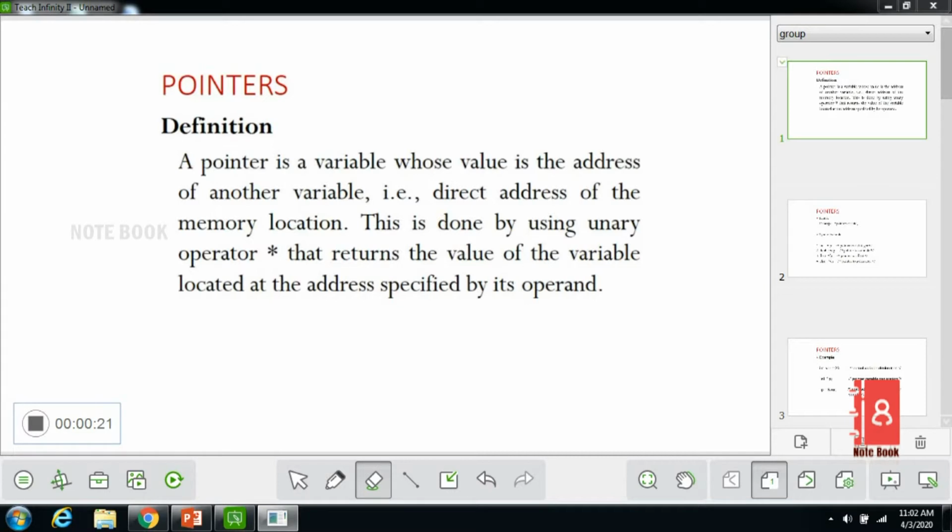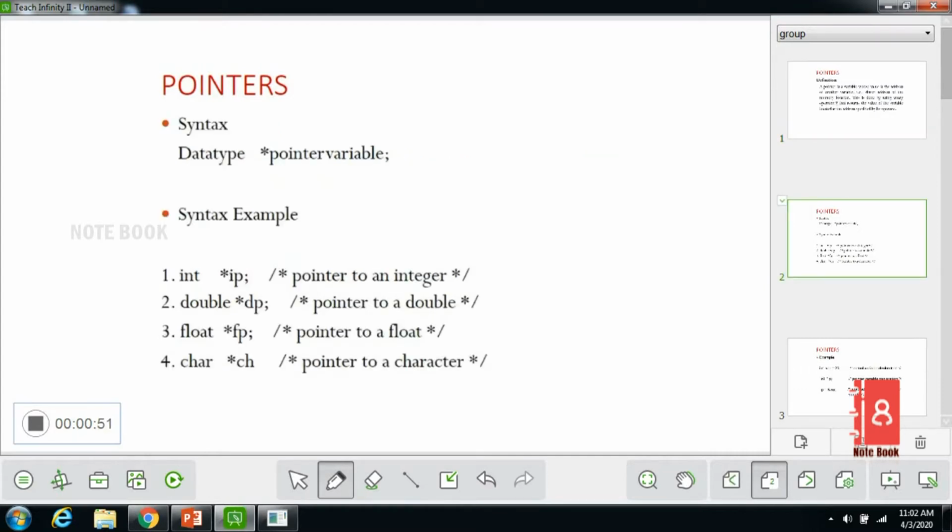It can be stored, and we can use the pointer in our programming by using the unary operator asterisk symbol, so that it returns the value of the variable. If you are using the operator asterisk symbol, it will return the value that is held by the memory. We'll see the syntax, how to declare the pointer: data type, asterisk symbol, then the pointer variable name that we can